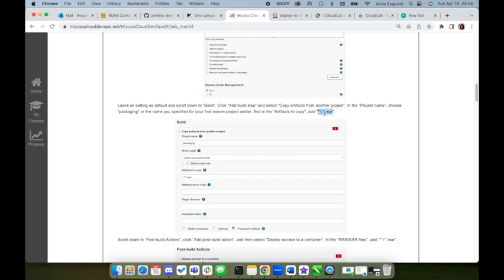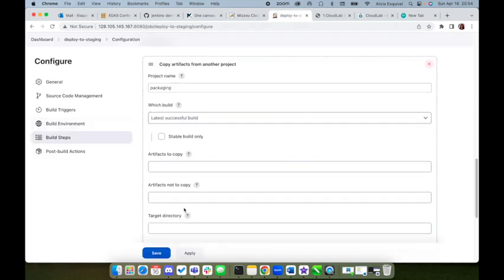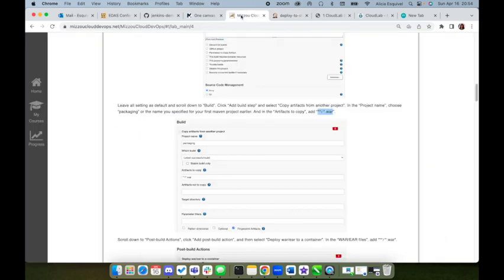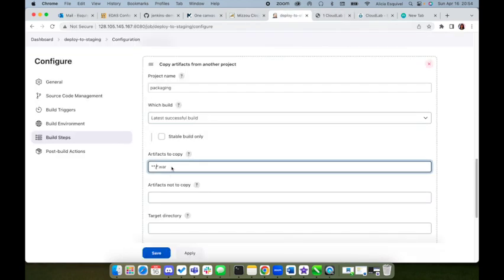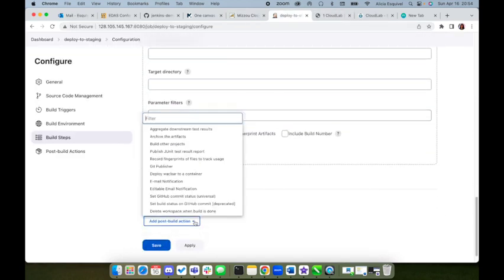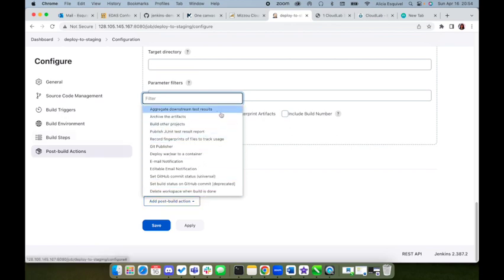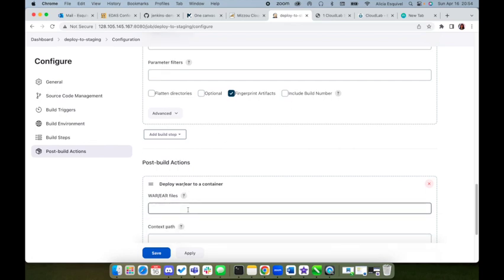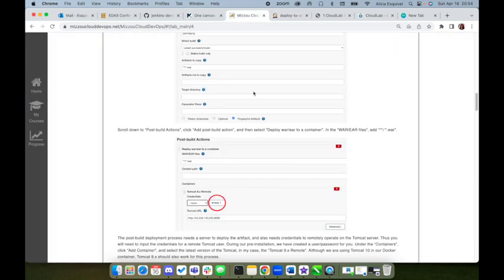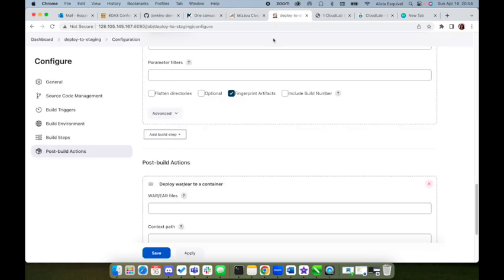These are the extensions that we want. So we put that artifacts to copy. Remember to remove this space here, and then scroll down to the post build actions here, and we need to look for deploy WAR/EAR files. And what we're going to do here is connect to the Tomcat